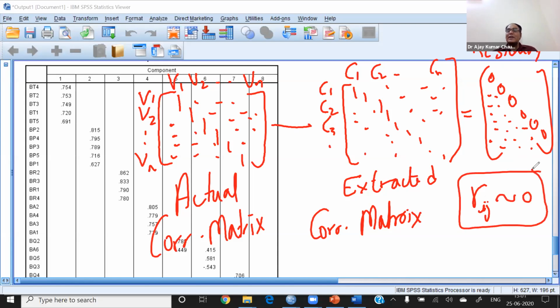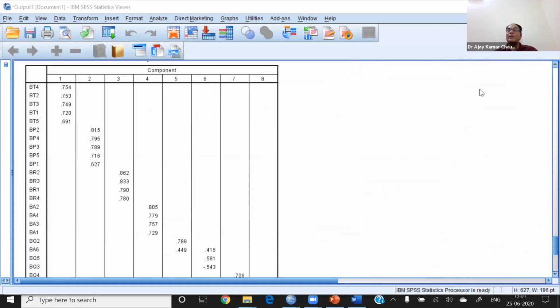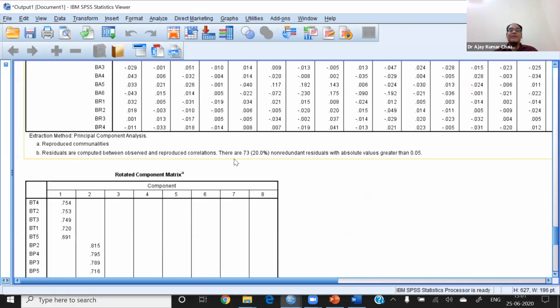right? So the criterion is that more than 70% of all the values should be near 0. More than 70% of the correlations in this matrix should be near 0. So now what is the exact value? I'm showing you. The exact value is 73%. Because 73 is more than 70%, we can say that the factor analysis has a good fit, and we are happy. Okay, after that,